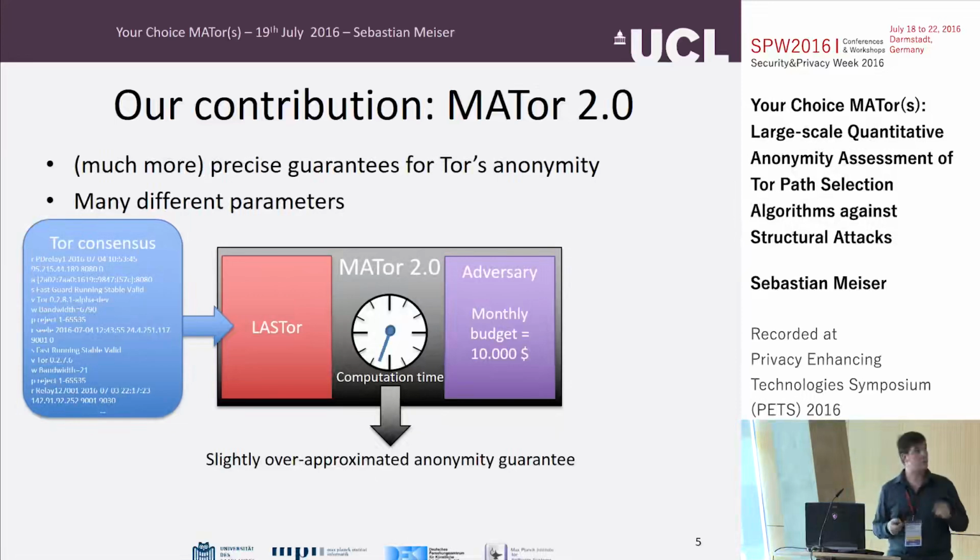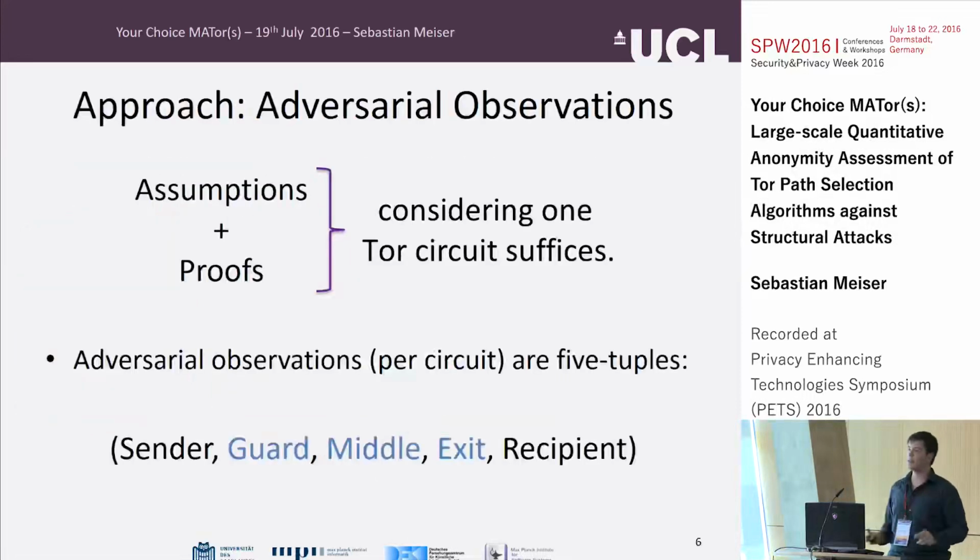So what we did is the following. We first simplified the analysis a lot. I'm not going to go into details here, but using some assumptions, for example, our adversary is passive, our adversary cannot adaptively choose nodes to follow to the user, and doing some proofs, we said, okay, if we consider one Tor circuit at a time for the very small guarantees that we want to have here, that are one-shot guarantees, considering one Tor circuit at a time suffices.